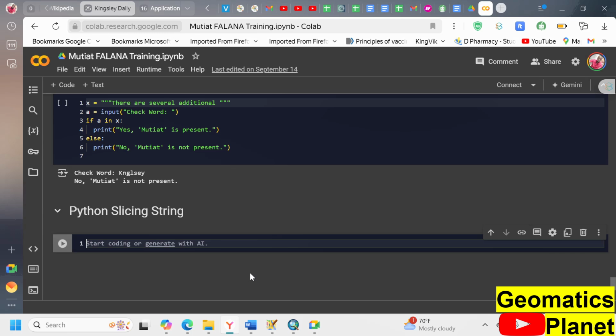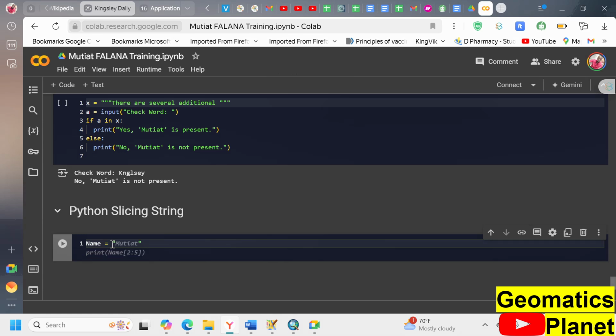Yeah, like I say, we'll proceed from the slicing of strings. So basically, you use string slicing to get a range of a string. Like we have said before, let's say the name of a person, for example, is my